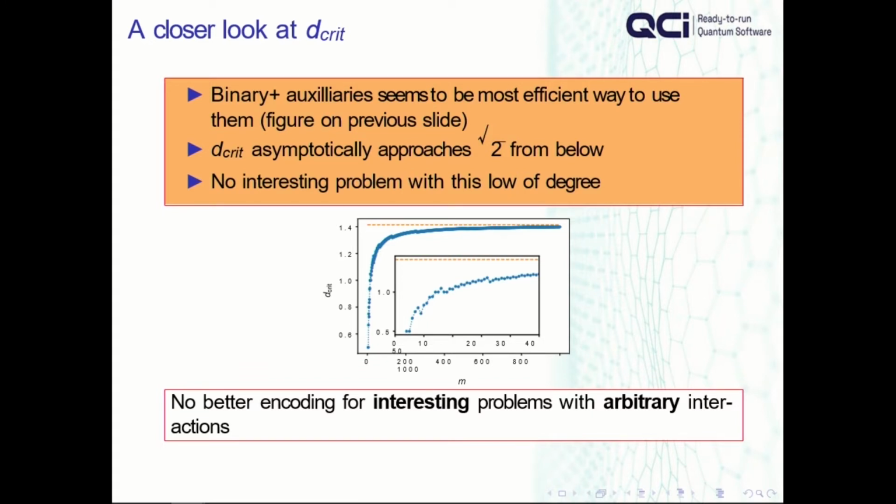So basically we've shown that this is the best you can do. There's no other trick you could do to get more efficient, best in terms of number of qubits. You can't squeeze this into fewer qubits if you want arbitrary interactions and if you only have pairwise interactions between the qubits.